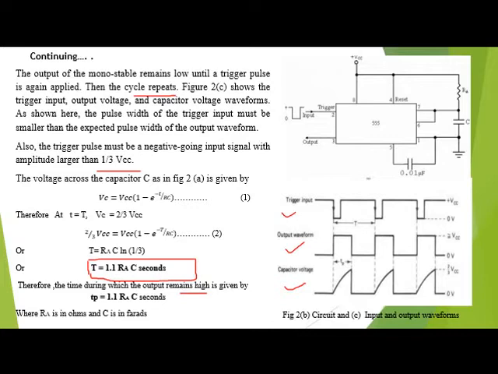Therefore pulse width Tp is equal to 1.1 into RA into C in terms of seconds, and where RA is in